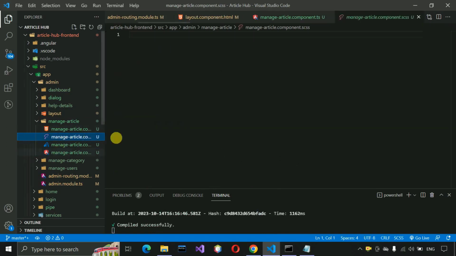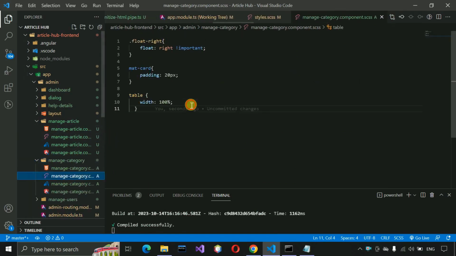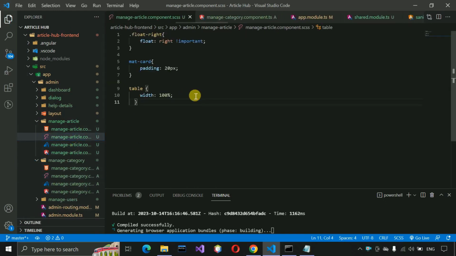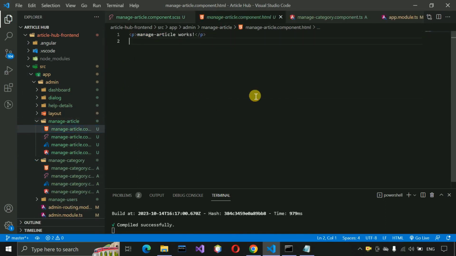Now we need to put the SCSS. We can copy the same CSS from category or manage user and just paste it over here and just save this. Okay, after that we have to go to the HTML part of this page, and here first we need